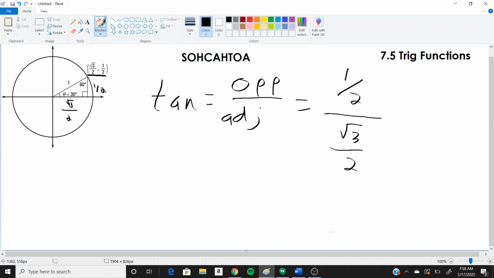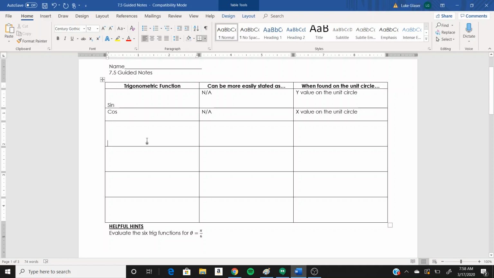Now, where have we seen 1/2? Where have we seen √3/2 before? Well, it's the point there where that special triangle touches the graph, but it's also 1/2 was sine and √3/2 was cosine. So coming back over to my chart, tangent